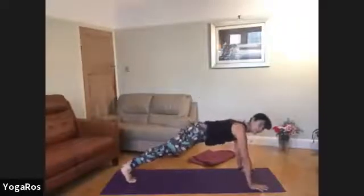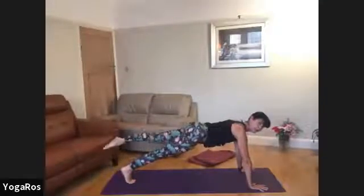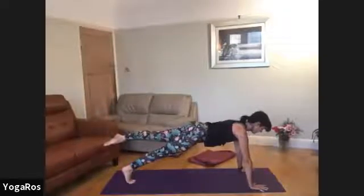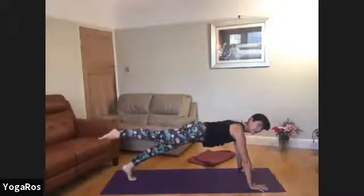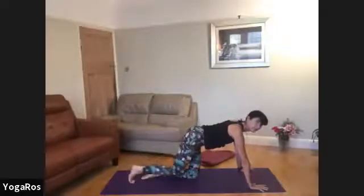Just going to walk away from my sofa there. So press and breathe and then lengthen again. Squeeze, press, center, feel muscles engage. Of course, you can add another few repetitions to this. It's known as Pilates leg pull plank,